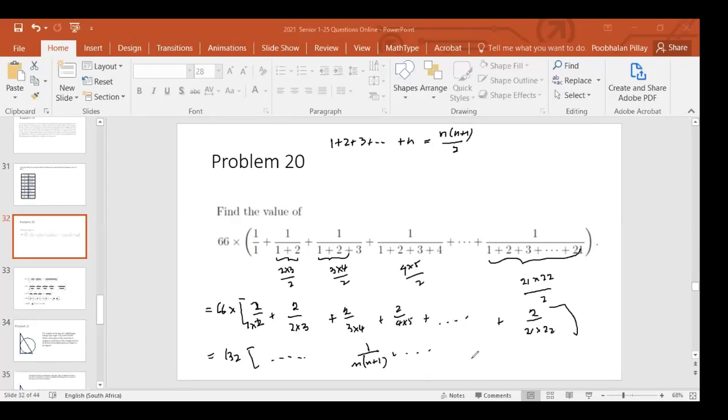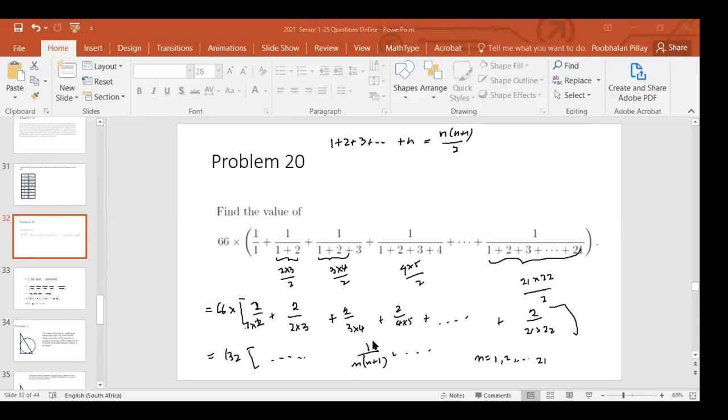Now, what are the values of n? We just make sure we know what the values of n are. n starts from 1, you can go from 1 times 2, 1, 2, all the way up to 21. The last value of n is 21. So now you have that all these terms look like this. Now watch. I'm now going to go into the next page.